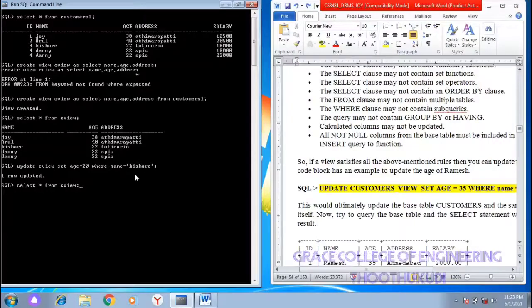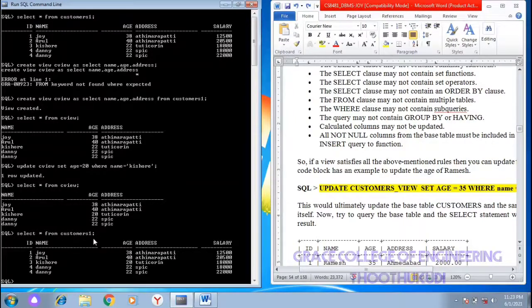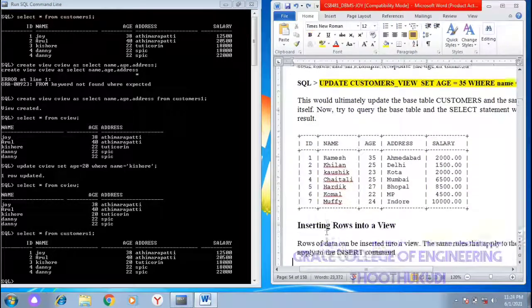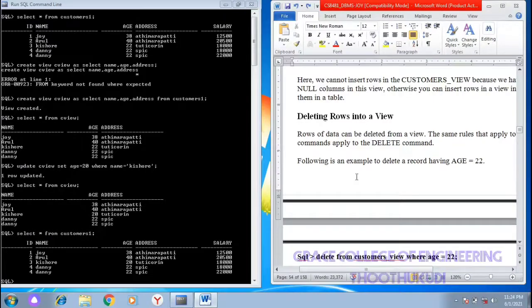One row is updated. Then by using the select command, see the view table. Here Kishore's age is changed. After that, see the customer 1 table also. In the customer 1 table, the age of Kishore is changed from 22 to 20. So if you make any changes in the view, it will be updated in the original customer 1 table also. Likewise you can perform delete and every other operation in a view.